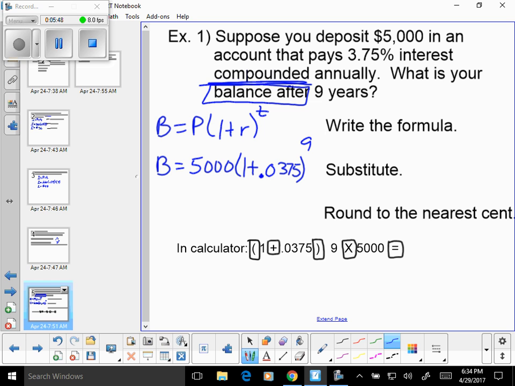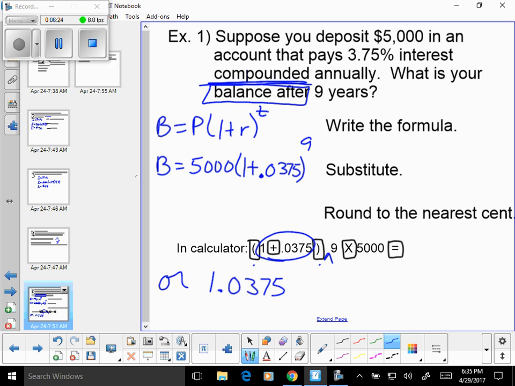You could, in the calculator, put in the left parenthesis key, then 1 plus 0.0375, and then the right parenthesis key. Then I believe you have to put the power key. I think I skipped that. You have to put the power key in there, times 9, and then 9, and then times 5,000. Or what you can do is do this in your head, and that's what I do. Because really it's not that hard, it's just